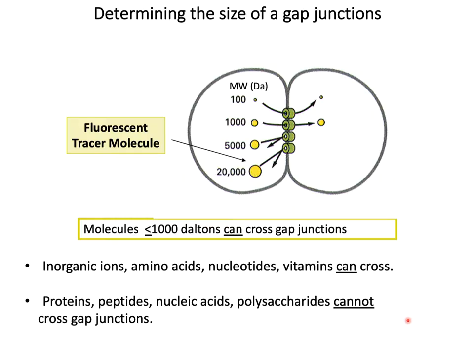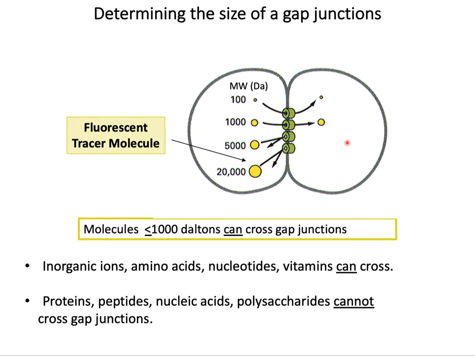So what is the size of the signaling molecules that can pass through gap junctions? This can be easily determined by using fluorescent tracer molecules of varying size. So in this experiment, you can take a variety of fluorescent tracer molecules of different sizes, for example, 100 Dalton, 1000 Dalton, 5000 Dalton, or 20,000 Daltons. And you can micro-inject them into one cell that is presumably connected to the other cell through gap junctions. And then using fluorescence microscopy, you can watch the movement of the fluorescent tracer molecules from the injected cell